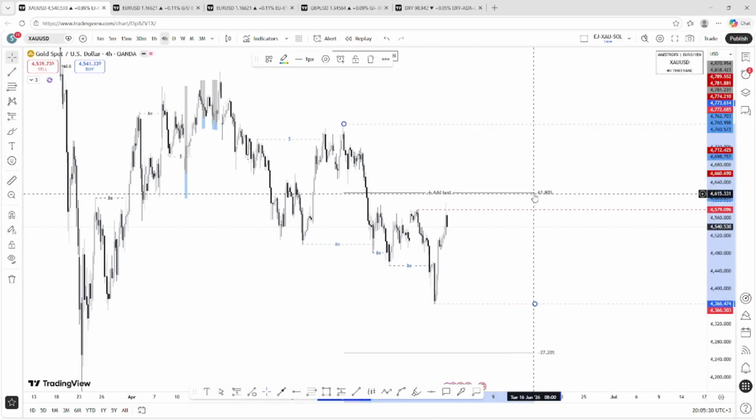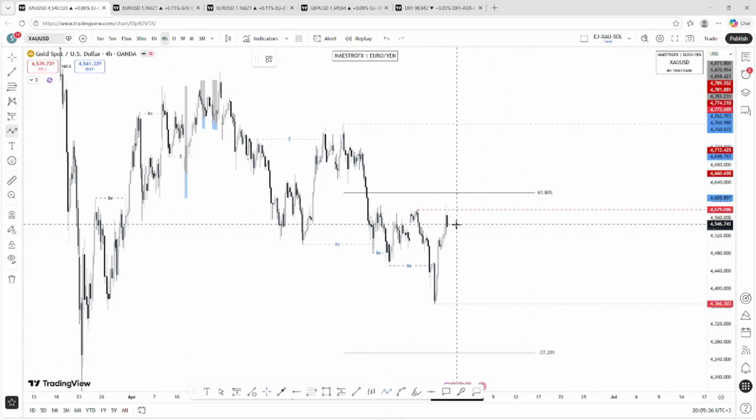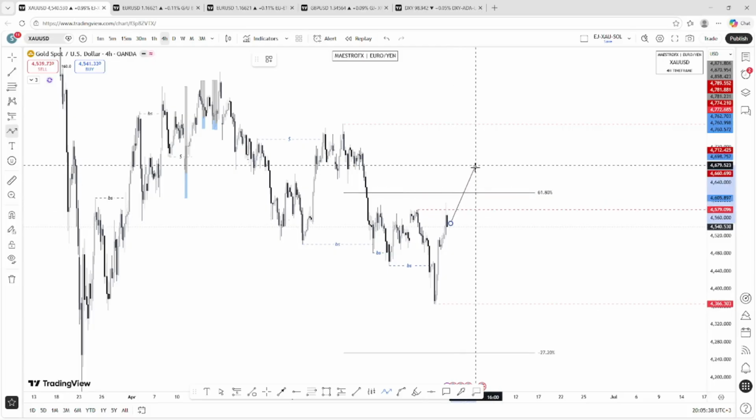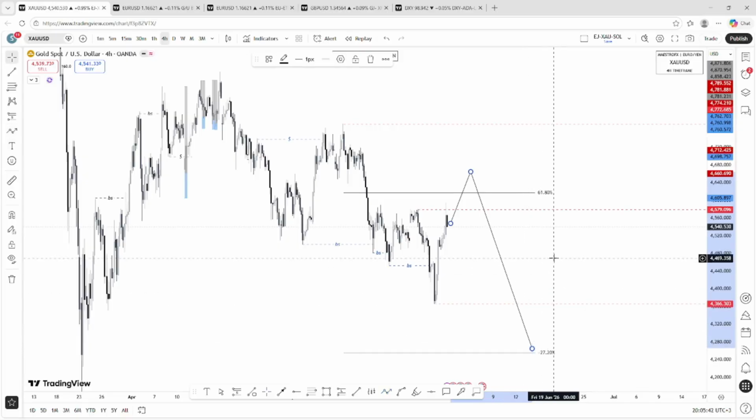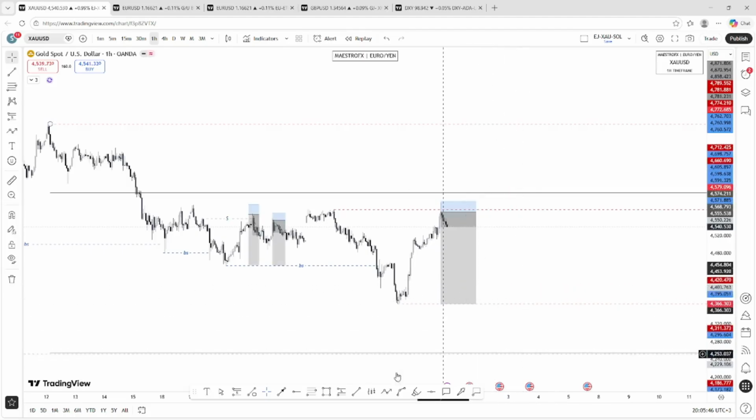But let's see what it will do. And so I'm anticipating still this price to at least correct to this area before it continues to the downside. And to the 1 hour time frame,